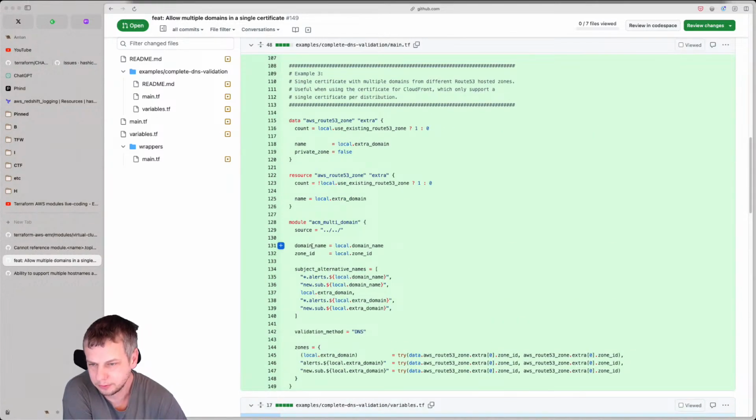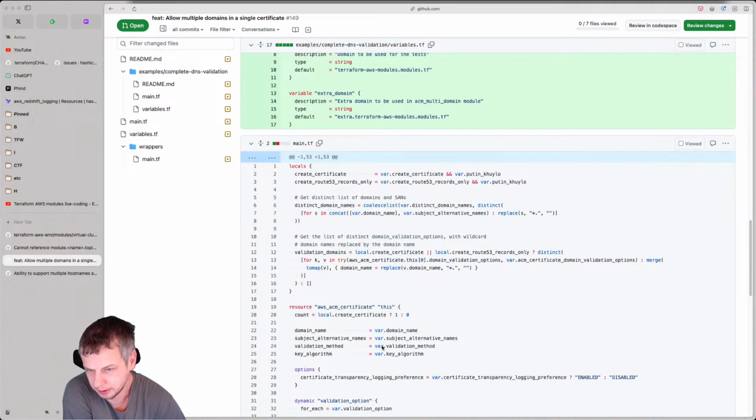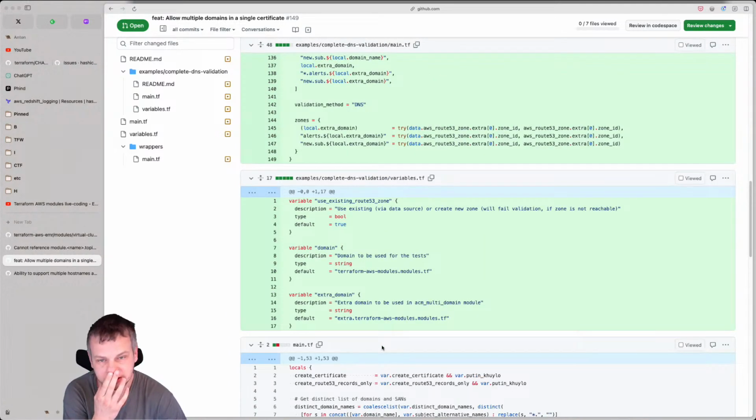But okay, let's take a look here. So first of all, I will look into this code, and I want to maybe run it this way, but also I want to make it a little bit different because I want to have domain and an extra domain very different.